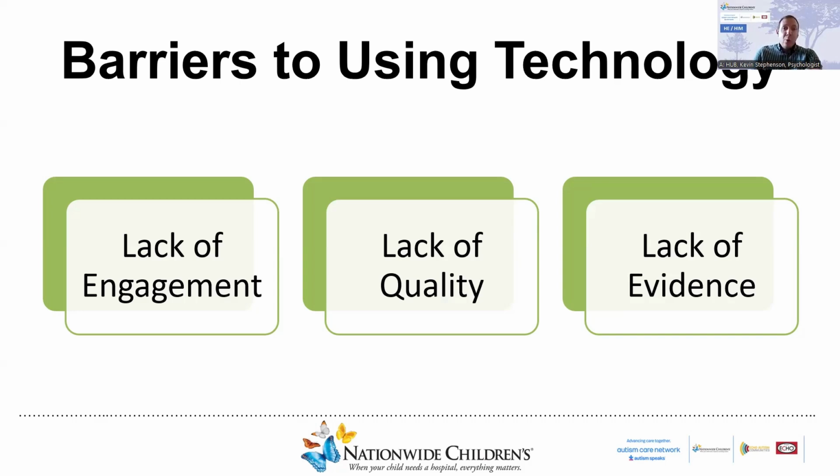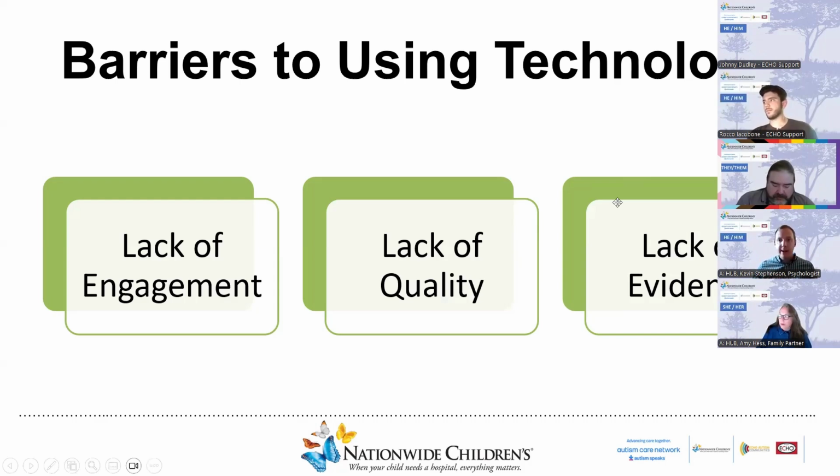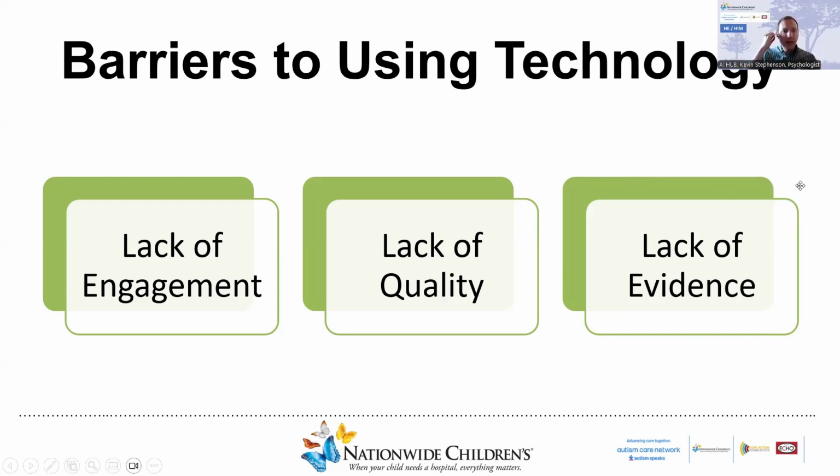Another barrier is a lack of quality. Just because an app is available and just because you pay for it doesn't necessarily mean it's a high quality app. That one is sometimes hard to know intuitively. Ratings on an app store can be helpful, but also finding what trusted people share, whether that's friends, trusted coworkers, or helping professionals. Those are other ways that you can work to see the quality of the apps and technology that's available.